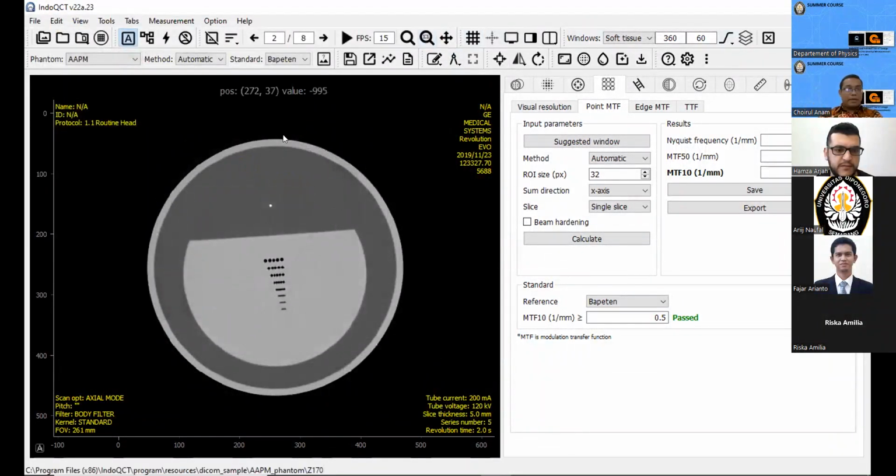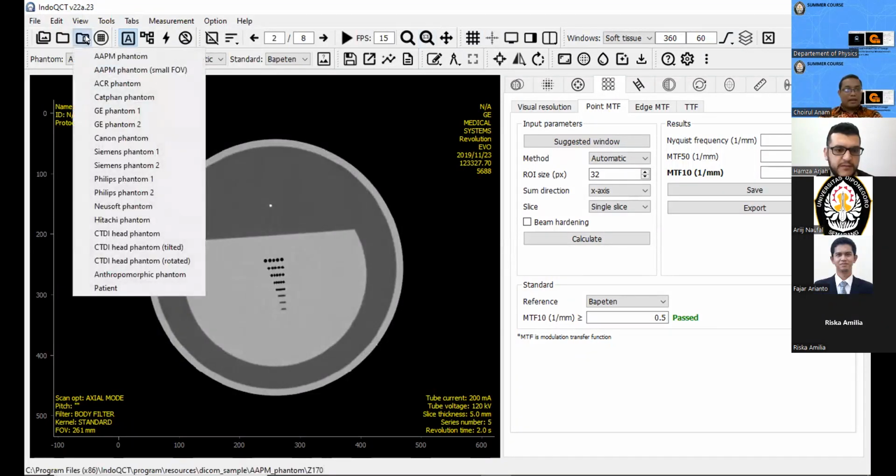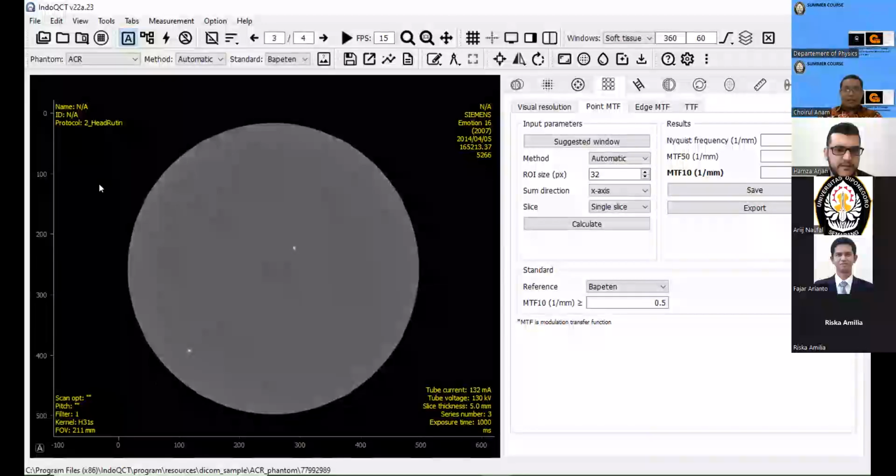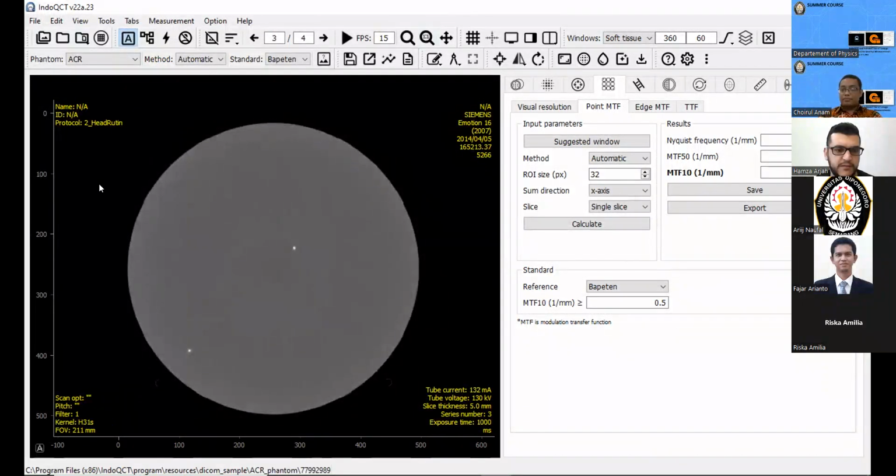And now maybe I will try using another Phantom. I will use the OCR Phantom, for measuring the point MTF using this image. There are actually two images. For automatic measurement, we can only use this point.